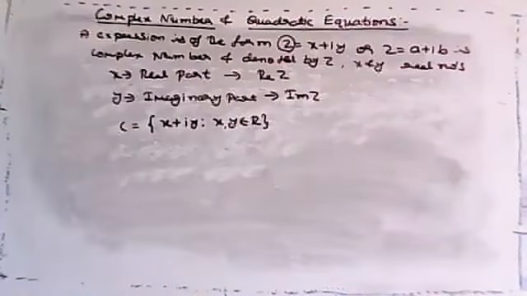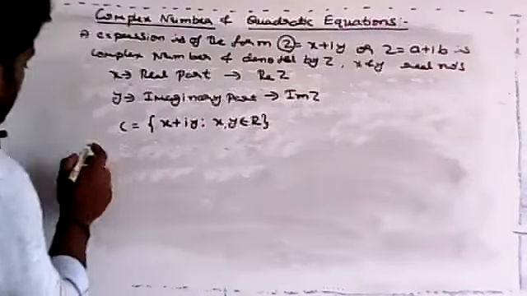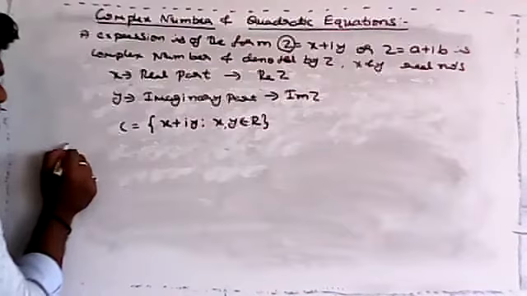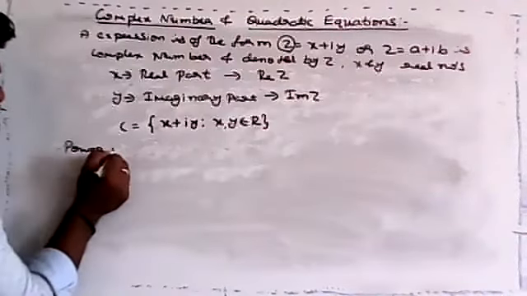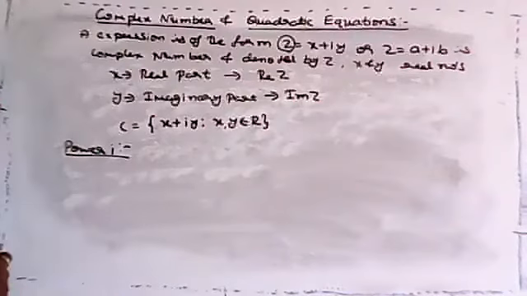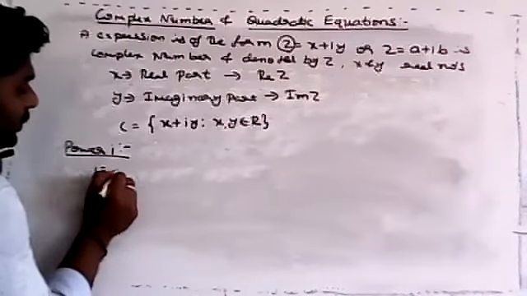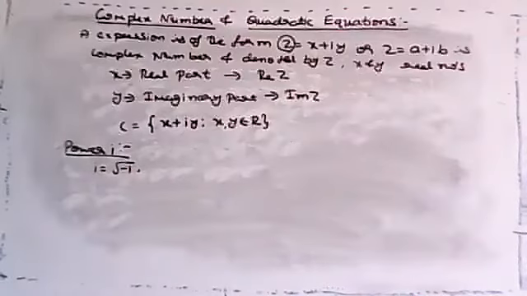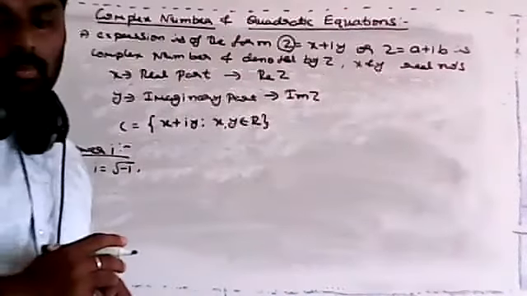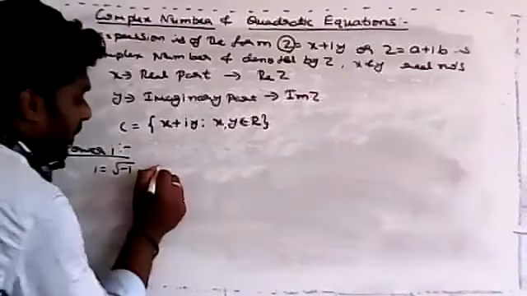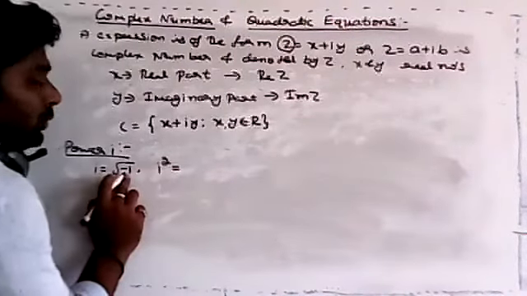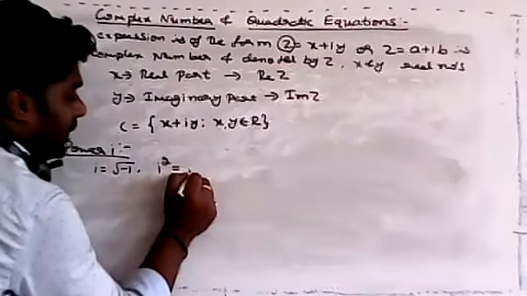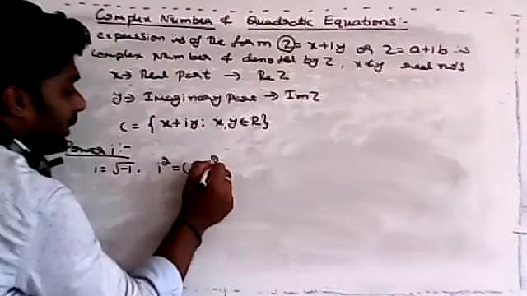Now we move on to finding the values of i. Okay, see here, we move on to powers of i. We know that i is equal to root of minus 1. Correct? So next we want i square. So i means root of minus 1, so root of minus 1 squared. So what is the answer?